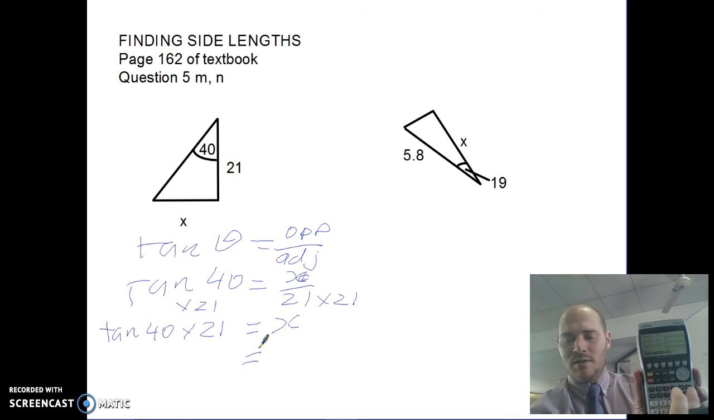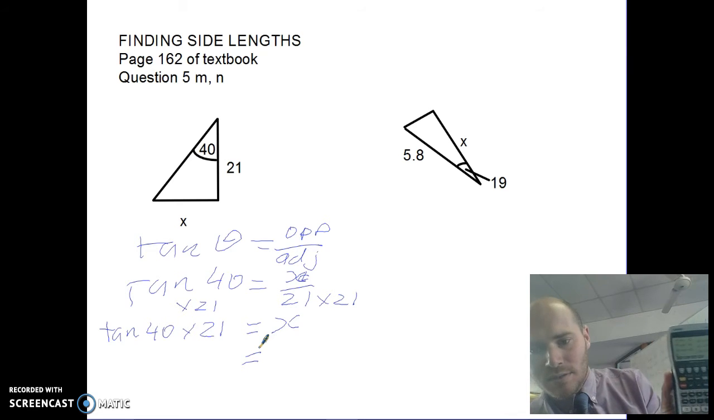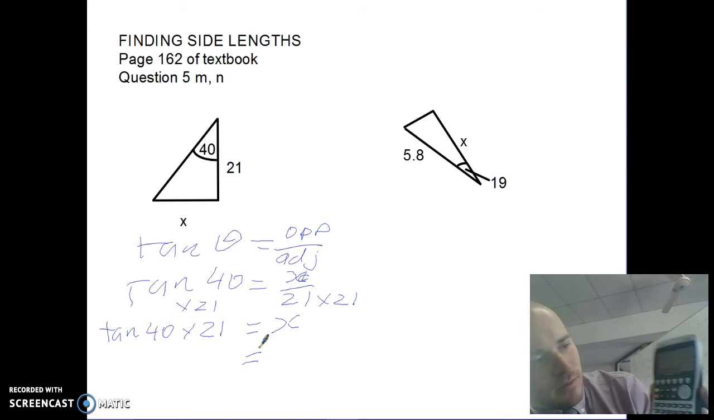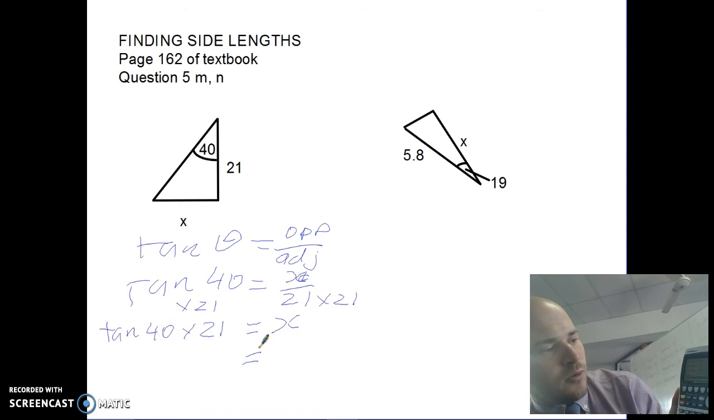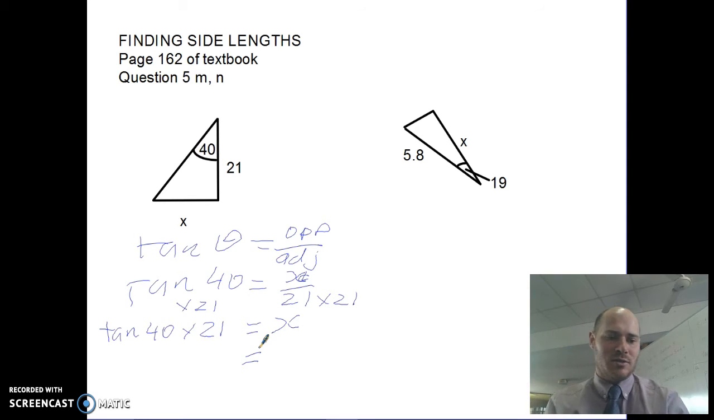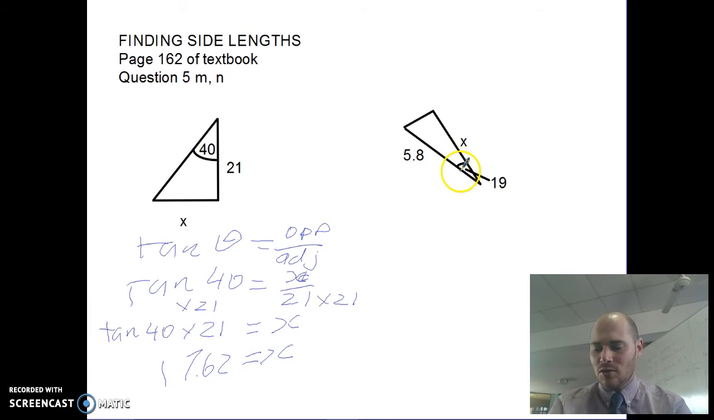by just pressing tan 40 times 21, and my answer is 17.62 becomes x. Same thing, I go here, alright, so I know that my first question is going to be,